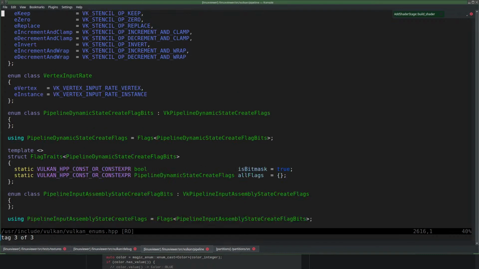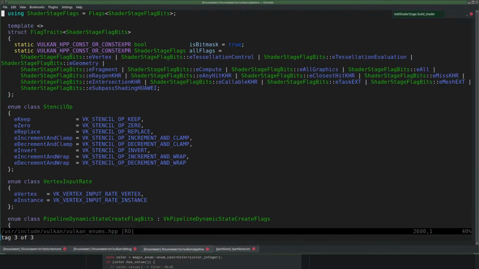Let's try to find another enum that has something in it. Stencil up. I could make a flags of stencil up and then set a few of these. Random, but to test it now.